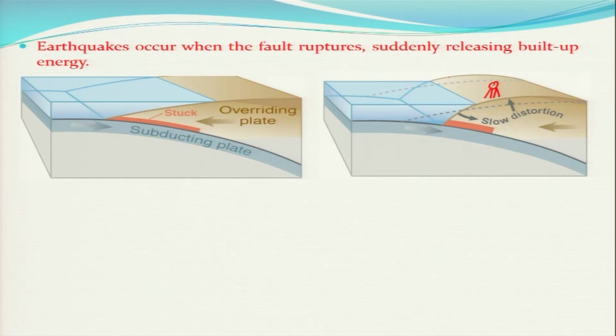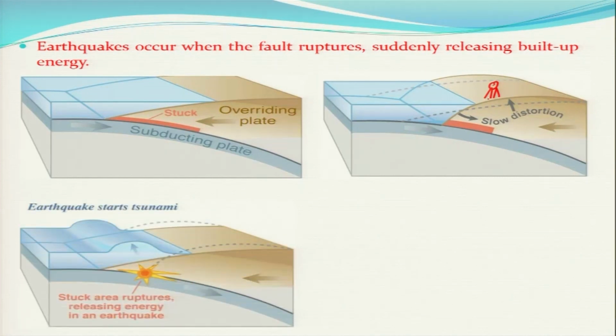So, if you have multiple GPS stations, you can easily make out the change in the elevation or the deformation which has been experienced over time, but this will be a very slow process. So, it will take years,